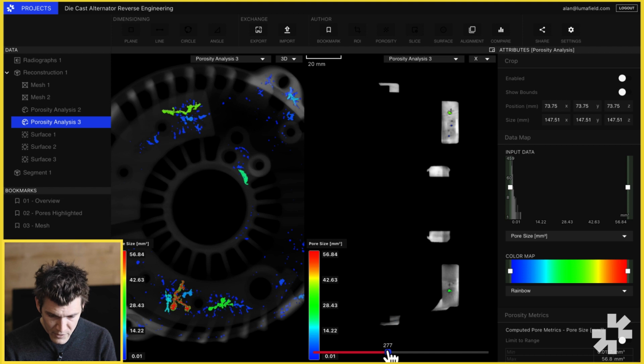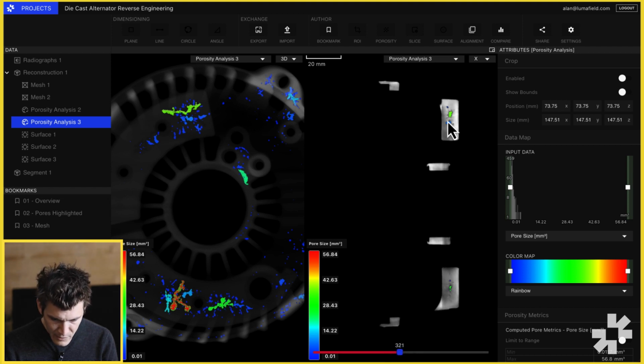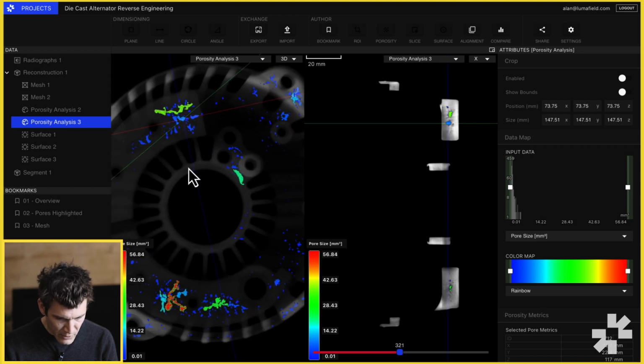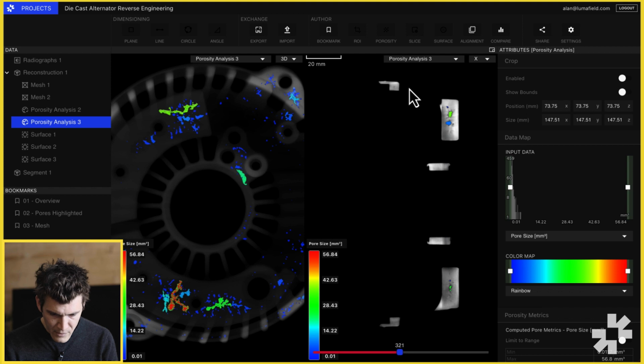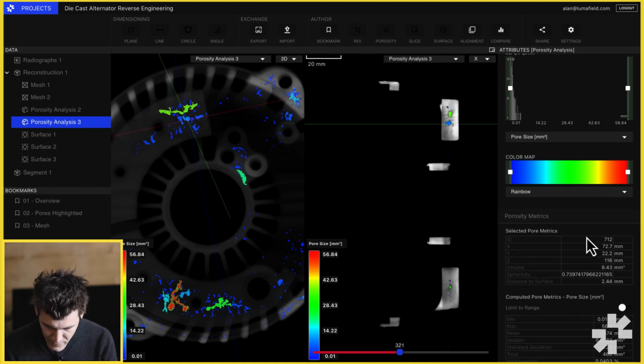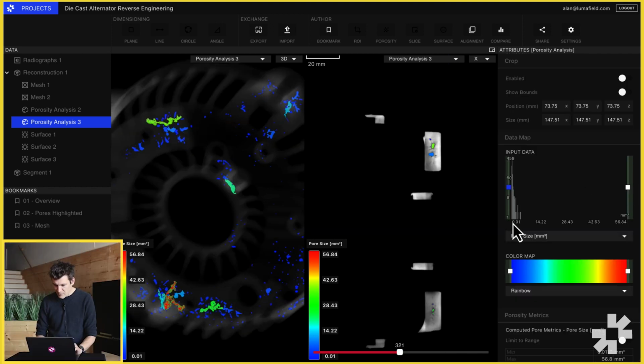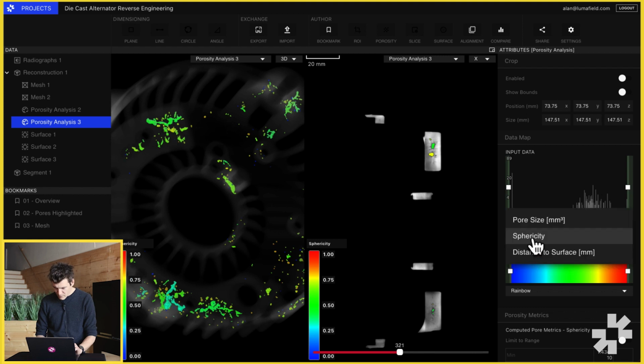You can scrub through and see individual pores highlighted here on the right, and if you select an individual pore, you can see where that pore is in the 3D part as well as in the 2D part, and get its individual pore metrics reported here in the porosity metrics table. The porosity range map displays the distribution of a given porosity metric. So in this case, we're looking at pore size, but we can also look at pore sphericity, as well as